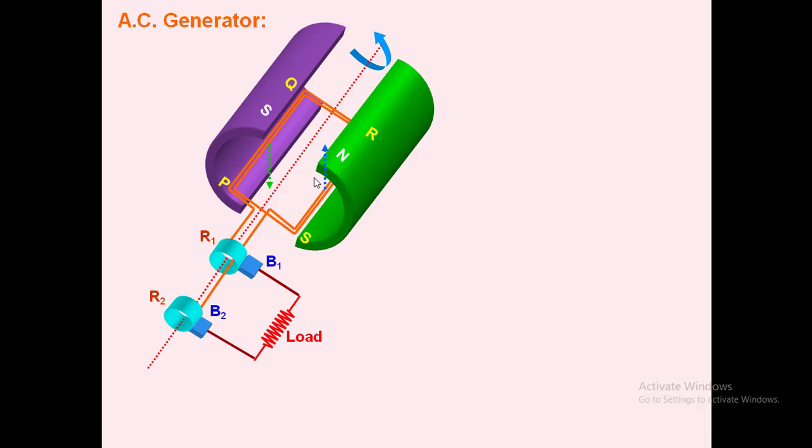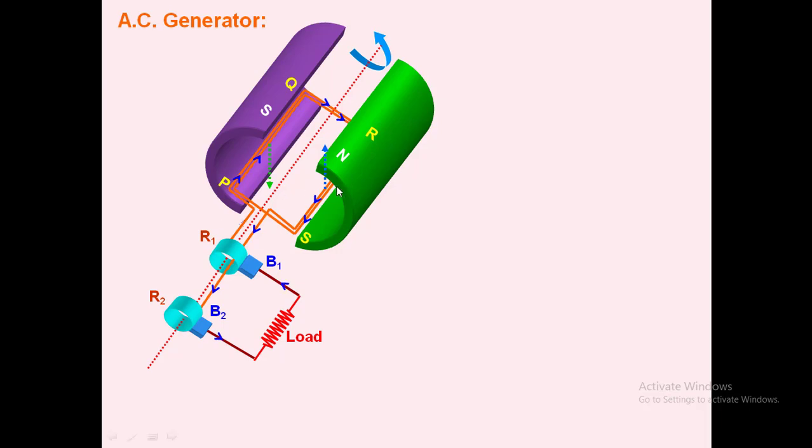Now if you apply Fleming's right hand rule, stretch your three fingers, the forefinger, the middle finger and the thumb. The thumb represents the direction of the force applied on the side of the armature, that is along the arm PQ. So keep your thumb along the arm PQ and keep your forefinger towards south, because the magnetic field lines are going to move from north to south. Now if you stretch your middle finger, it represents the direction of current. The middle finger is going to point towards Q. That is the direction of induced current.